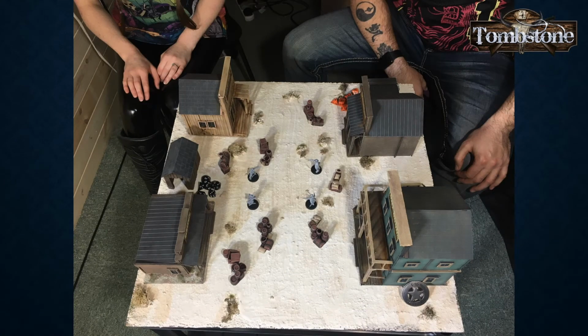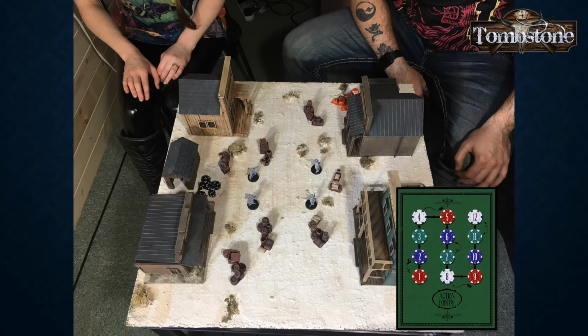So what we've got here for our first little playthrough is just 2 models per side. I'm playing with a lawman posse, and Gemma's playing with an outlaw posse. She's using the female gang here, which, while they're not a faction in themselves, can be added into any faction you like. So here's our AP marker, and we're just going to use 2 AP to start off with, just to get a very basic kind of movement and shooting, and then we'll move on to bigger gangs